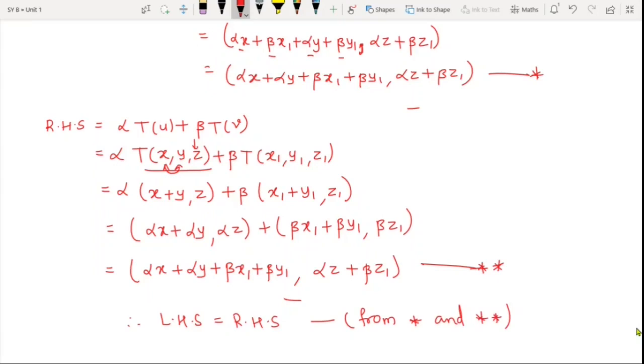Note one thing, there was one more way to do it, right? So instead of doing the calculations for this RHS separately, you could have also done it directly and that would have been fine too. Simply go on solving this ahead and you will end up with this equation. You can do it that way as well, that is also possible. Okay.